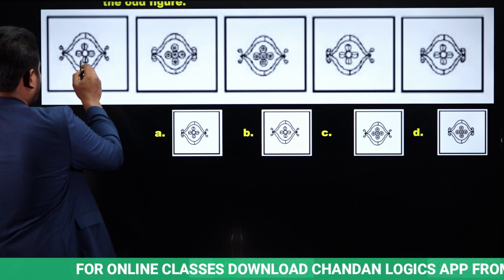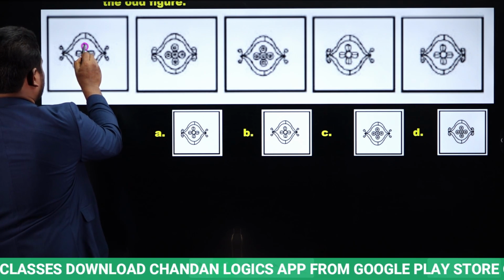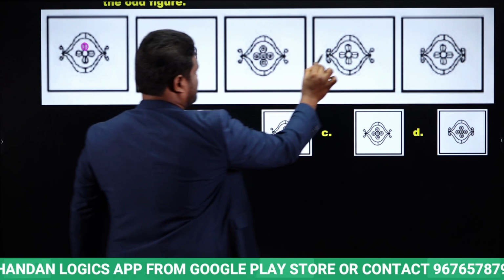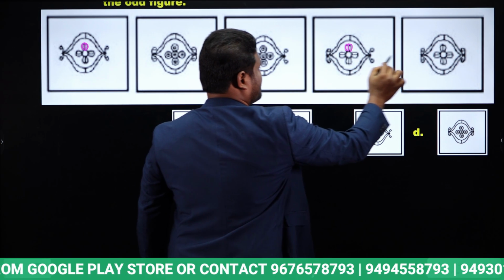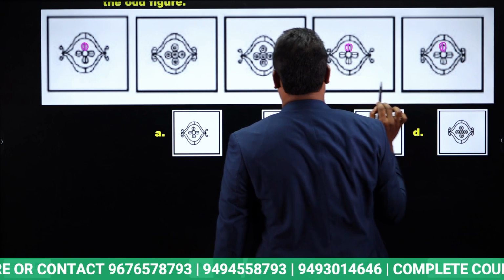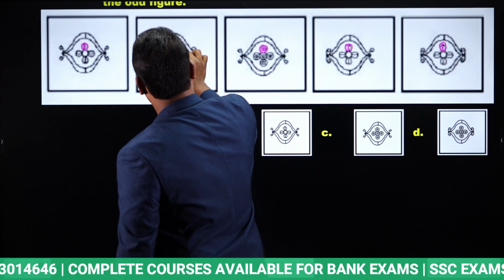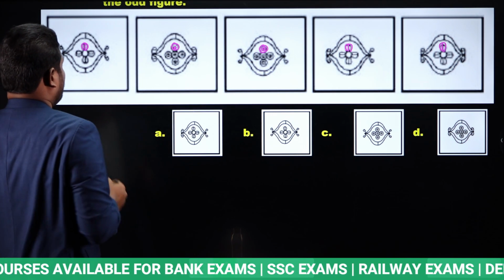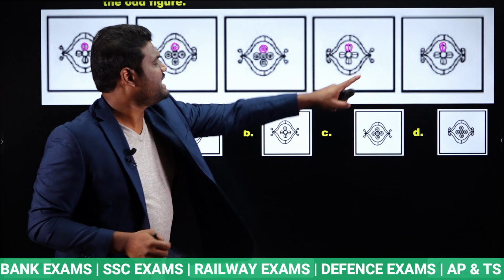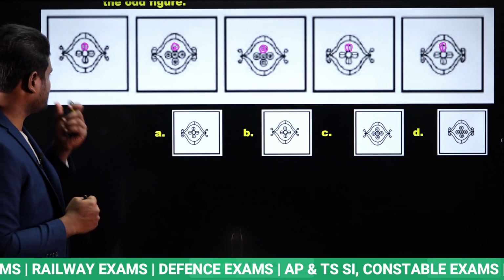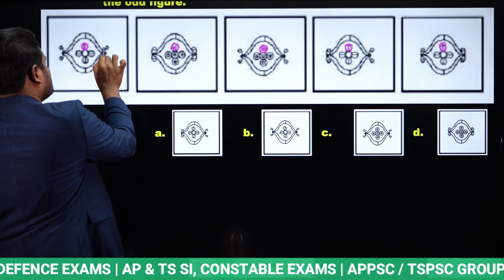here if you observe, the design here is the same. But here the design is again different. In these two, the design is different. Which means, based on this design, 3 are the same, 2 are different. Yes. Similarly, based on this,